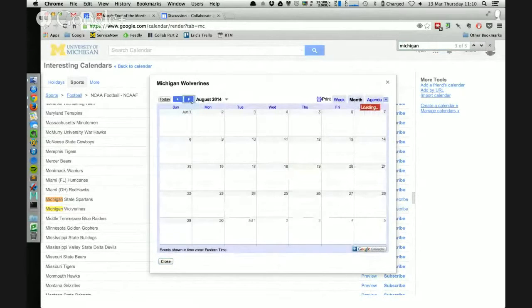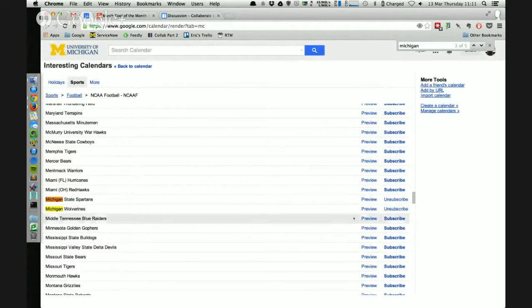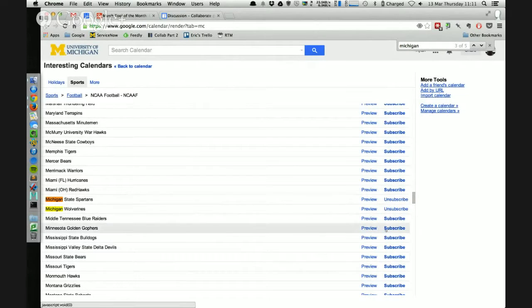We'll jump out to October here, and we see football games starting to get scheduled already. These aren't showing up in the calendar right now. This is actually maintained by, I want to say CBS or whoever owns the rights to NCAA football, who maintains these calendars for Google, so they may not have updated the football schedule quite yet, although we know most of them. But you can subscribe to it by clicking the subscribe link here.